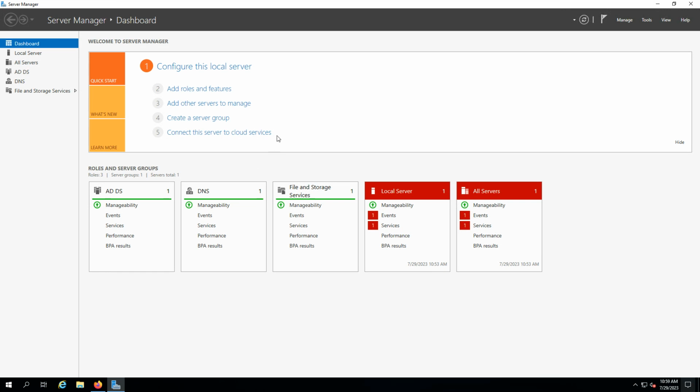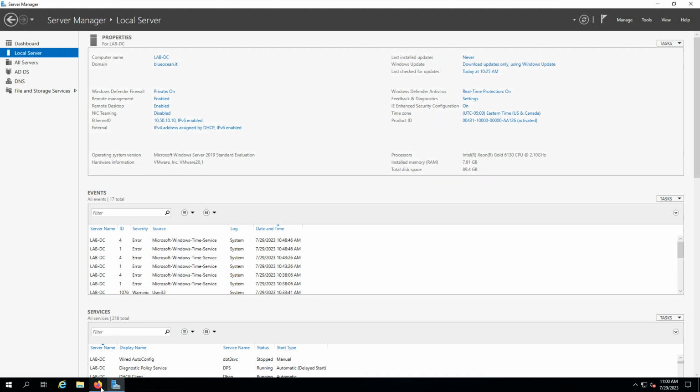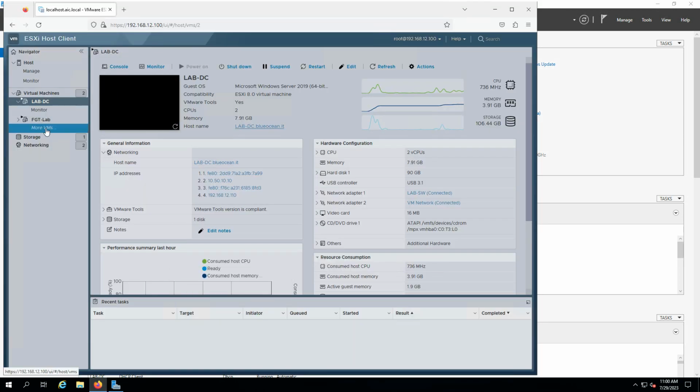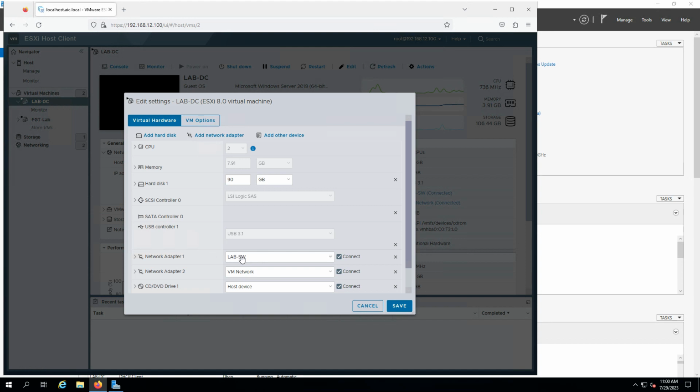But after we installed the Active Directory, another thing I did, but did not show you, is I installed a second adapter to the Windows Active Directory VM. Let me show you. Here it is, my physical VMware host. It is a lab DC that we created, and we put two virtual NICs on it. The first one is for our lab, so it connects to the lab switch, and the second connects to the